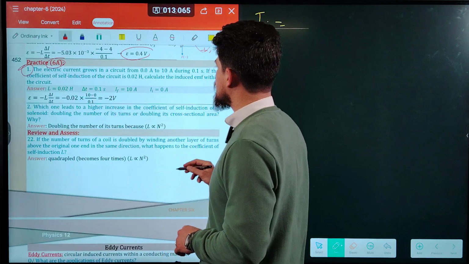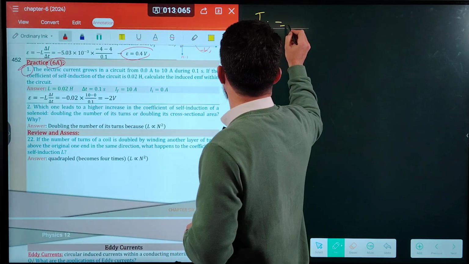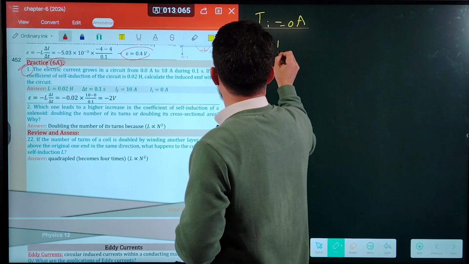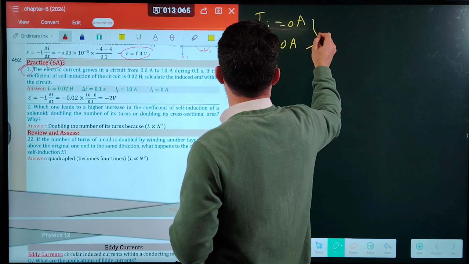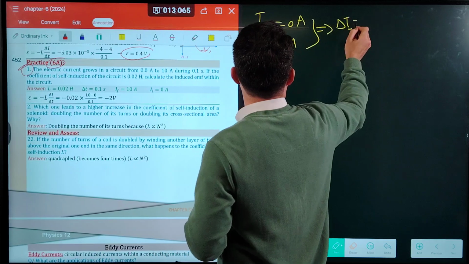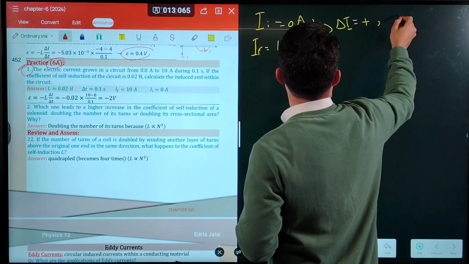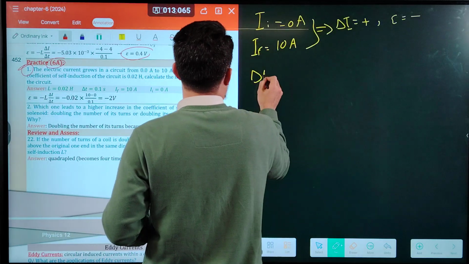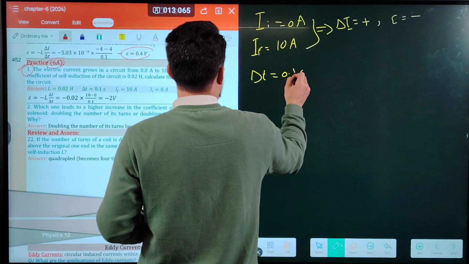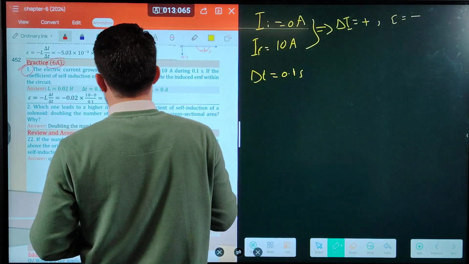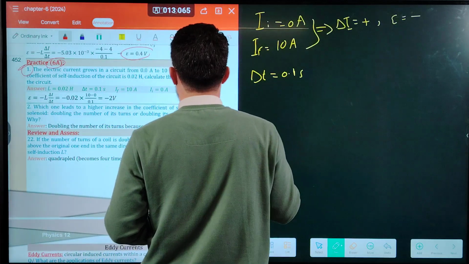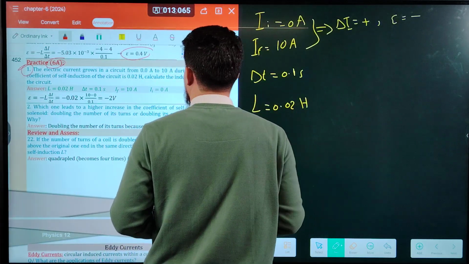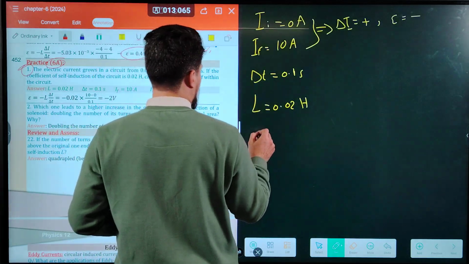The electric current grows in a circuit from 0 ampere, I initial 0 ampere, and I final 10 ampere. The current increased, so delta I is positive, but EMF must be negative. In how many seconds? Delta T, 0.1 second. If the coefficient of self-induction of the circuit L is given 0.02 Henry, calculate the induced EMF in the circuit,